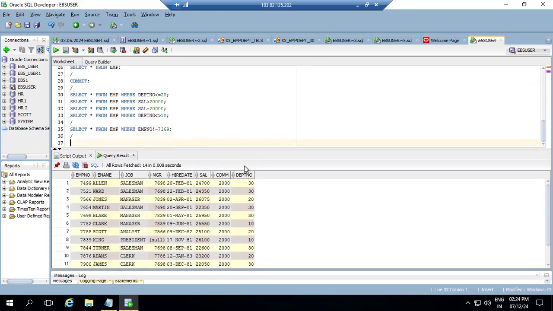Same way, we have one base table over here, the PO headers all table. Under this PO headers all table, we have one column like type lookup code. Does anybody remember the column names? For example, in our EMP table we have the job column: salesman, manager, and analyst. The same way, in the table PO underscore headers all, we have the column